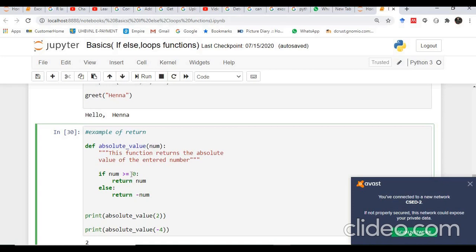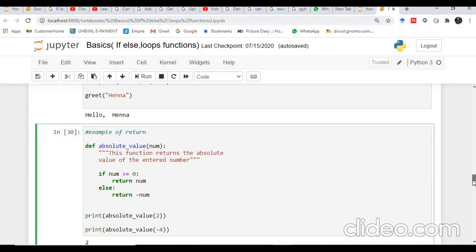If the value is greater than or equal to 0, we return num as it is. If the value is less than 0, we return minus num. That means we return the absolute value of the num we pass to the function. Let's see what happens when we execute this function.